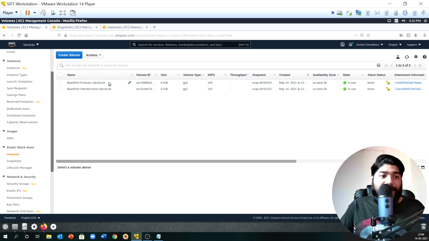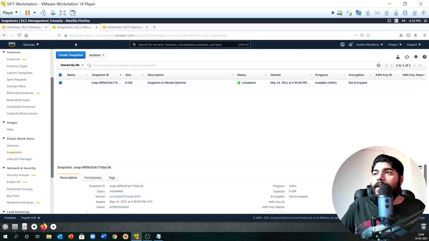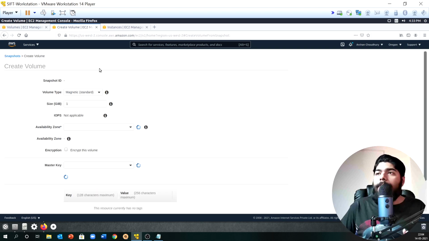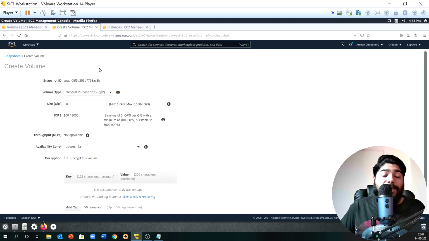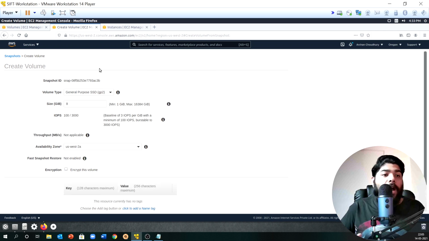These are the EBS volumes currently used by our infected Ubuntu host and our Ubuntu forensic machine. So we can go to Actions and create a volume. Just remember one thing: you need to create the volume in the same availability zone in which your forensic workstation is present.